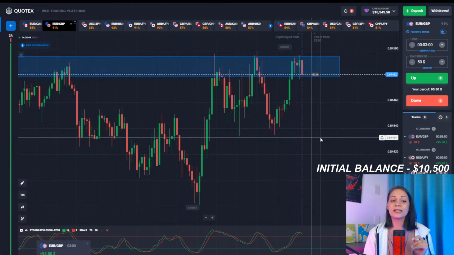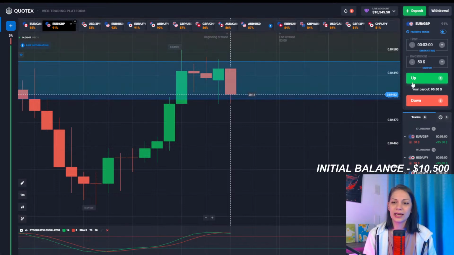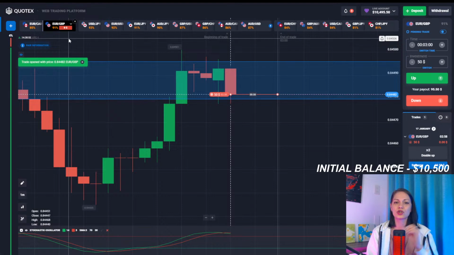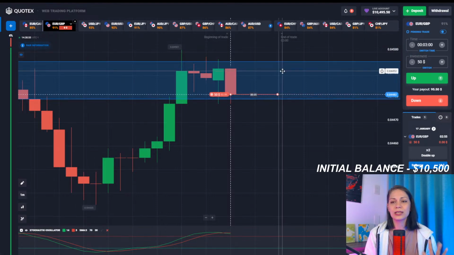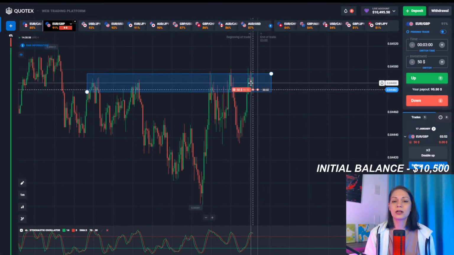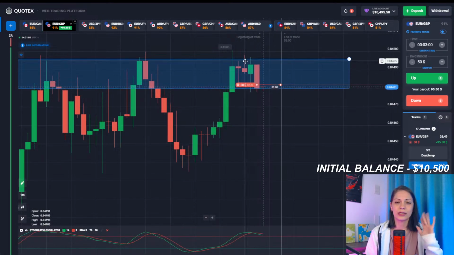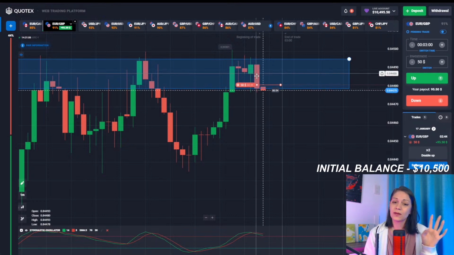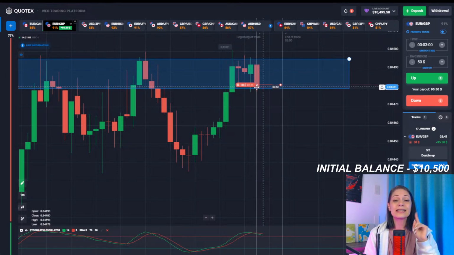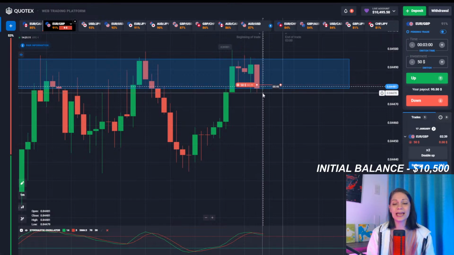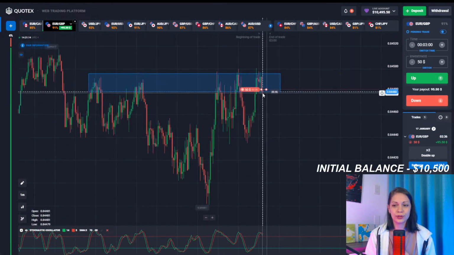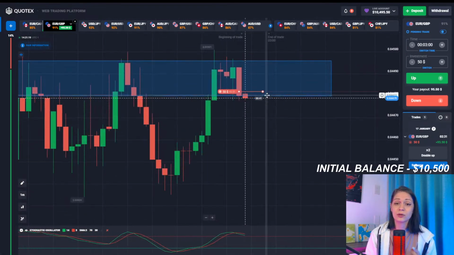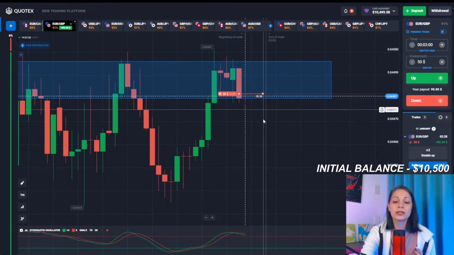So the first deal is closed in black, meaning that we are getting the money. And I'm actually thinking that I'm going to risk it and enter into a second deal on the same chart right now. EUR/GBP, 3-minute expiration time, $50 used for a downward trend. The same logic right here. Basically, right now we were kind of lucky, because there was not a lot of movement, but the price is actually breaking through that level and going down. Hopefully, we will also get the money, because this is a really good level. The price reacted to it multiple times, and that's why I'm using it the second time.